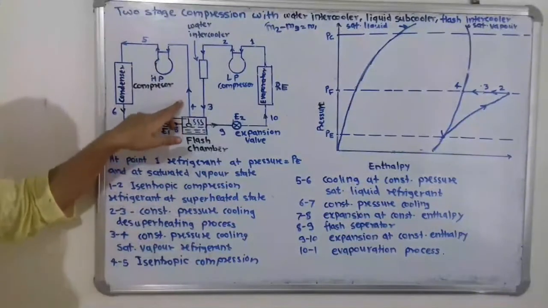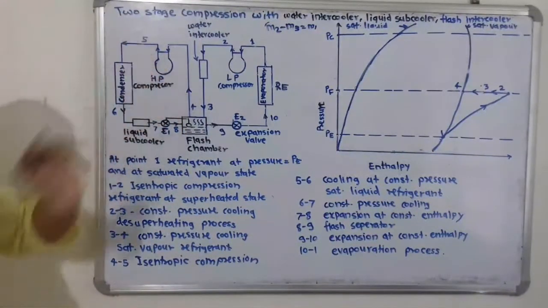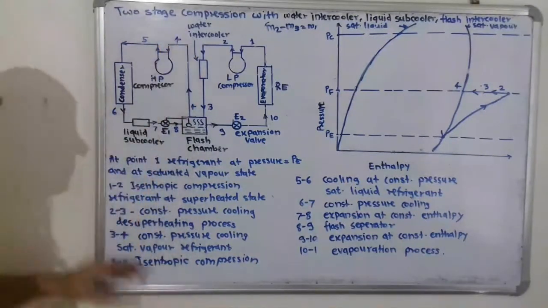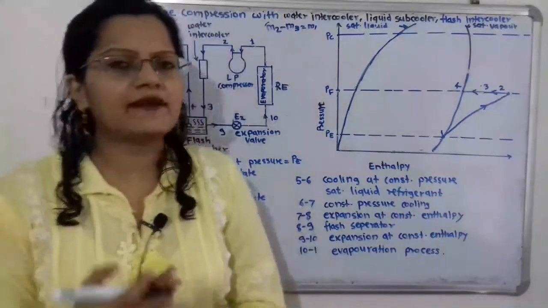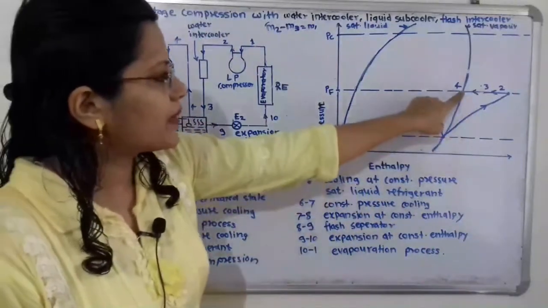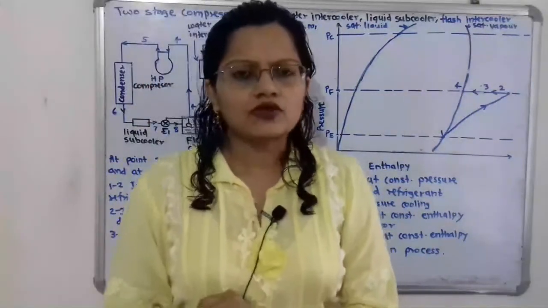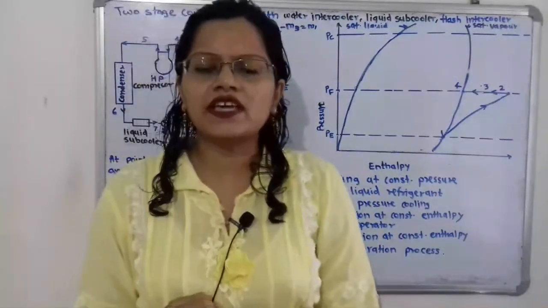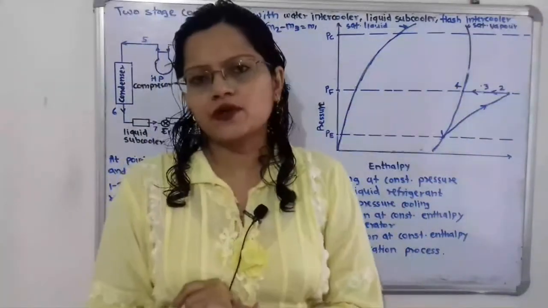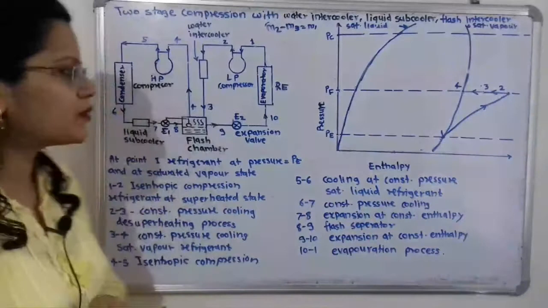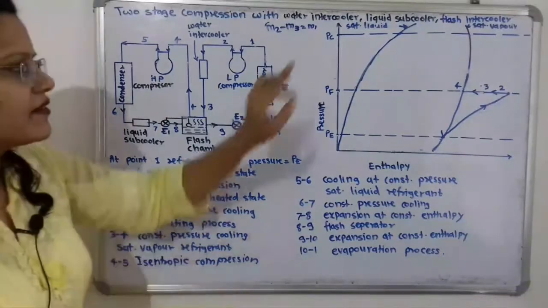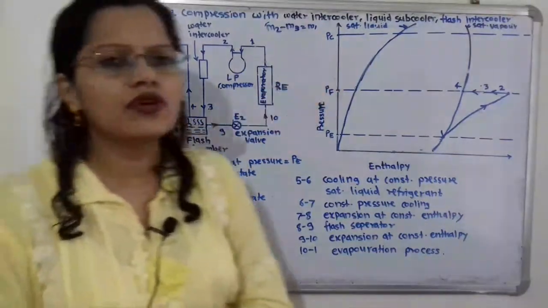Now when we observe the next, again it is entering into this high pressure compressor. So what is the process 4 to 5? Here the 4 to 5 process is isentropic compression. That means entropy remains constant. So let us first understand what is the entropy at this point 4. The entropy at this point 4 we will consider as S4, and at constant entropy the compression process is taking place. Now this compression process is taking place up to which pressure? That is equal to condenser pressure, and we will say that condenser pressure will be equal to Pc.